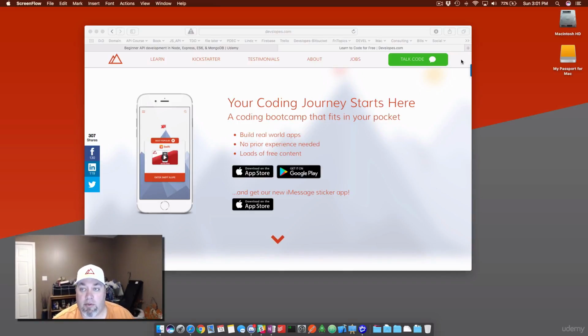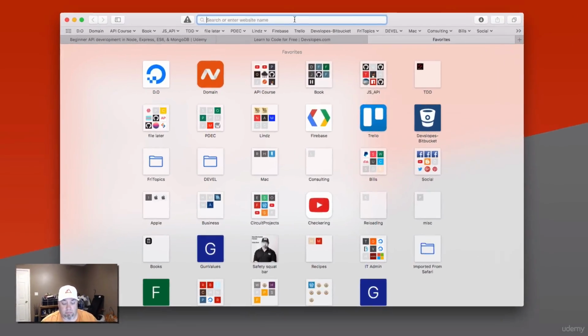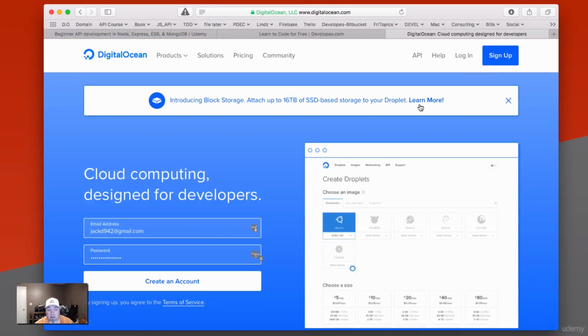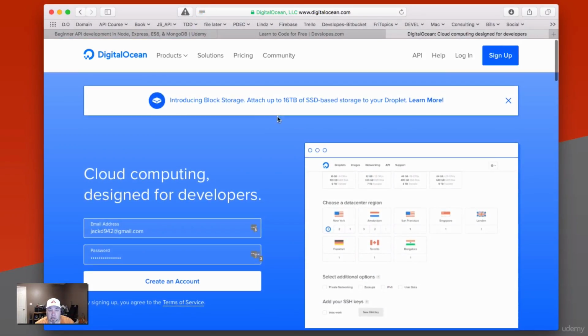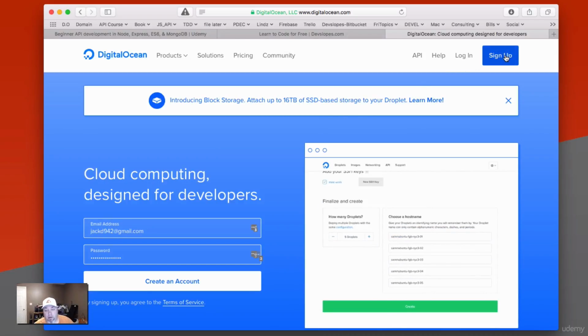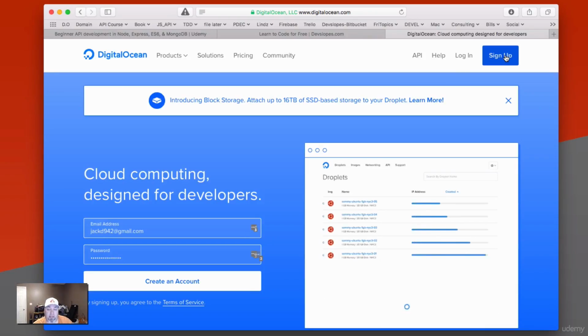So in order to do this, we need to go ahead and pull up a web browser here. And we need to just go to digitalocean.com. And when you get to the home page here, you can create a new account. And I've already got one created. It's pretty straightforward. I'm not going to walk through the process of that. But you just need to click the sign up button up here and enter your information and create a new